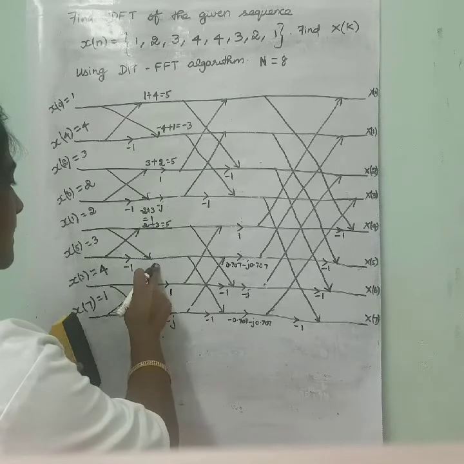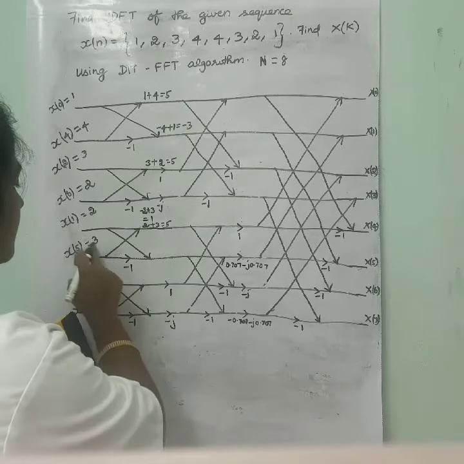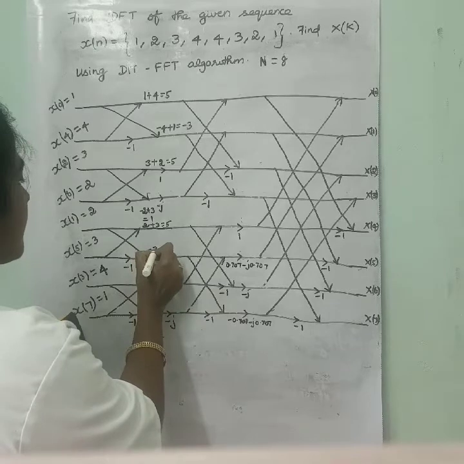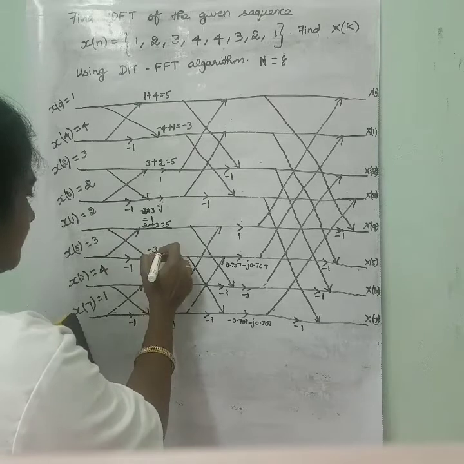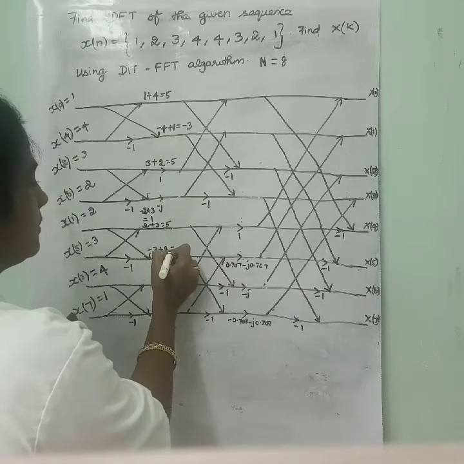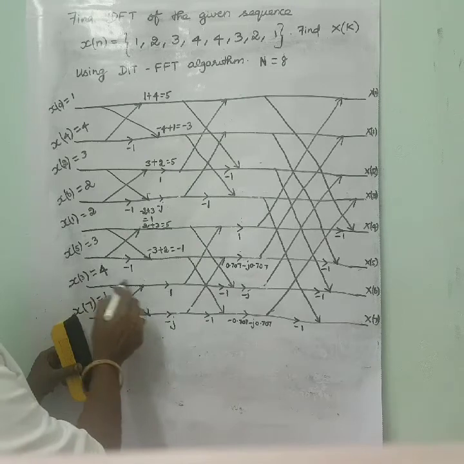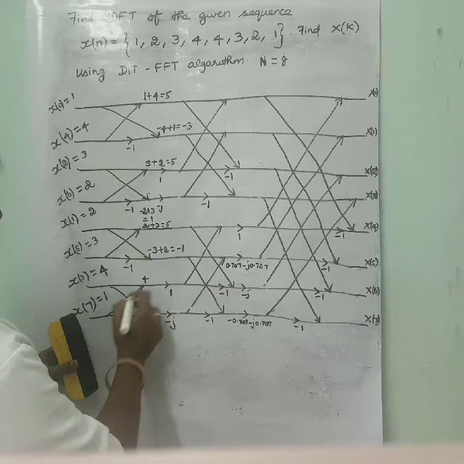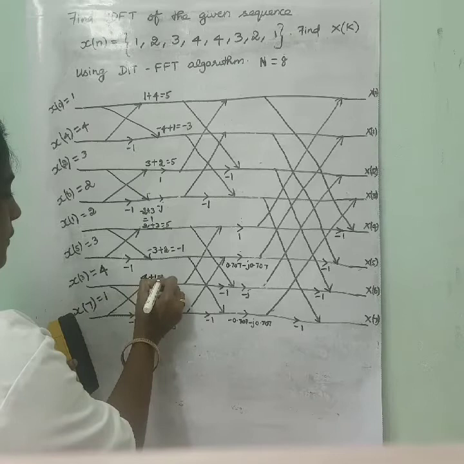Next, similarly for the sixth line, here the value of this line is 3 into minus 1. The value of this line, you have to multiply by minus 1. So 3 into minus 1 is minus 3, plus that 2, since the arrow comes from the fifth line, so that value is 2. So minus 3 plus 2 is equal to minus 1. Now next, here the value of this line is 4 and the arrow comes from here, so it is 1. 4 plus 1 is equal to 5.